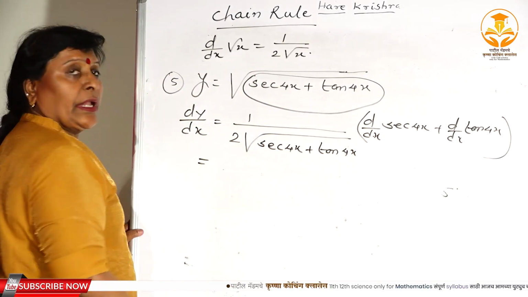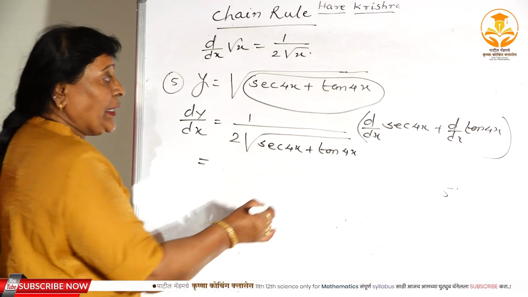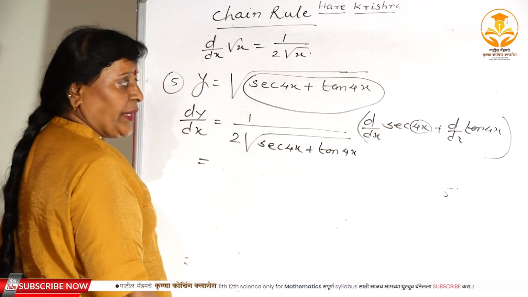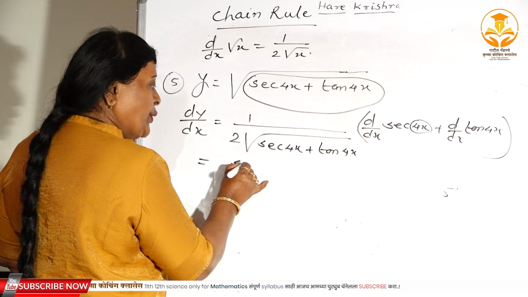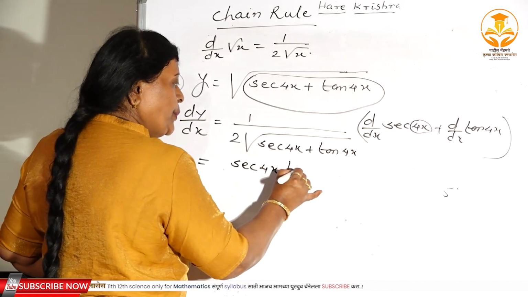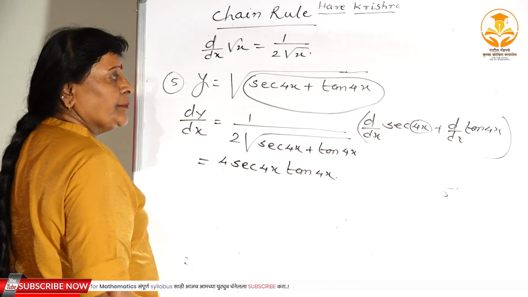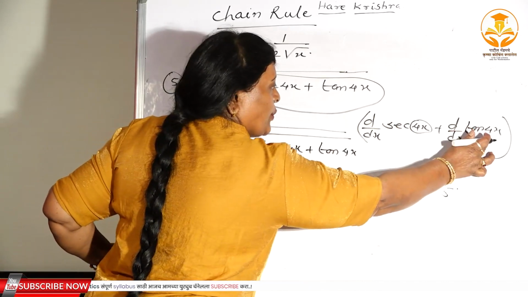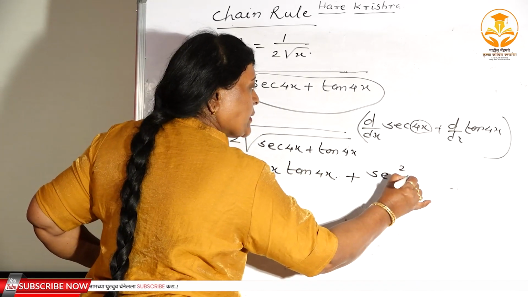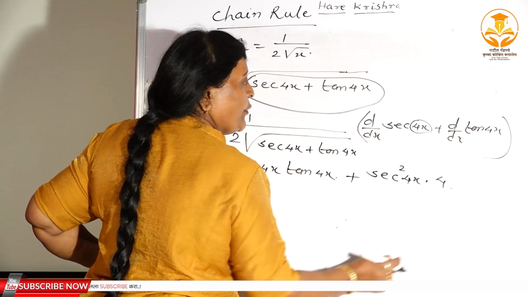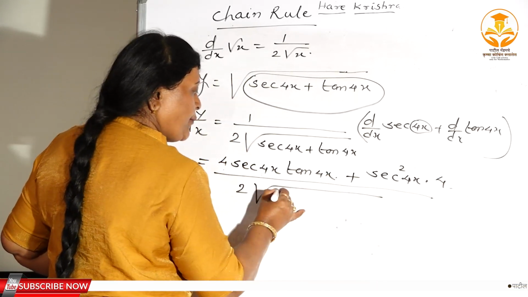Again if you observe this, you know the derivative of sec x. The derivative of sec x is sec x into tan x, but here again the function has changed, it is 4x. So again put u here. The derivative of sec u is sec u into tan u, means tan 4x, and what is the derivative of 4x? Again 4. Here again this is u. What is the derivative of tan u? Sec square u, means sec square 4x, and again the derivative of 4x, that is 4, divided by 2 root of sec 4x